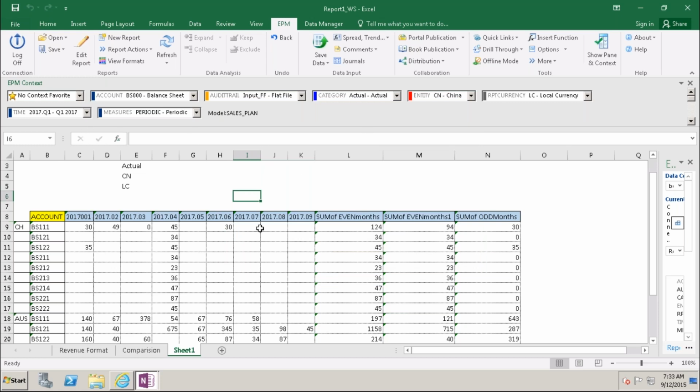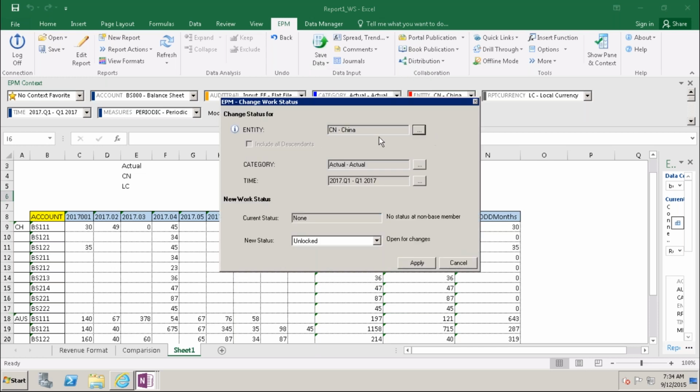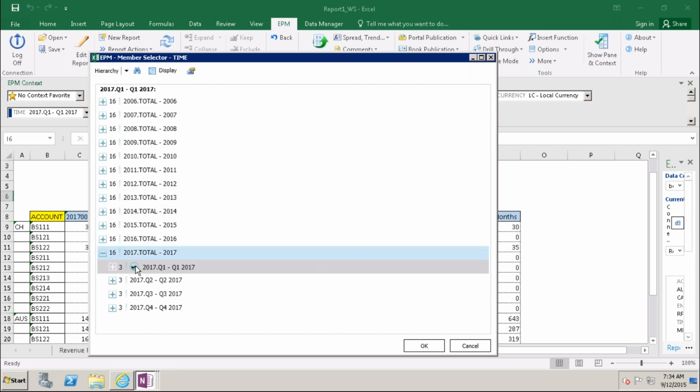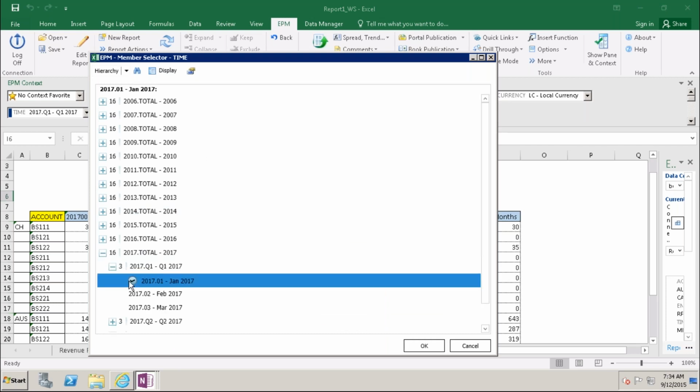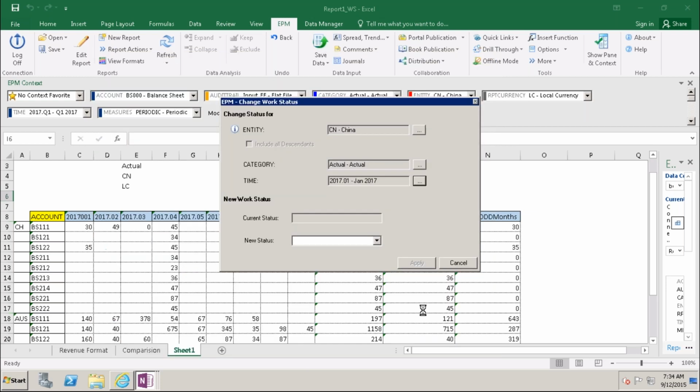That means in the work status, now we are fine. China we have for this, sorry, 2017-01, and before going to make changes, I will make the changes here in this.